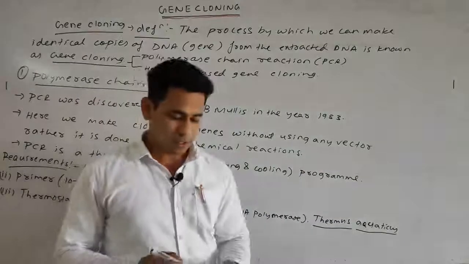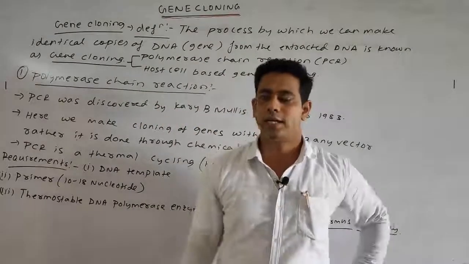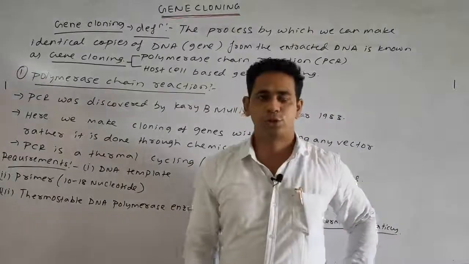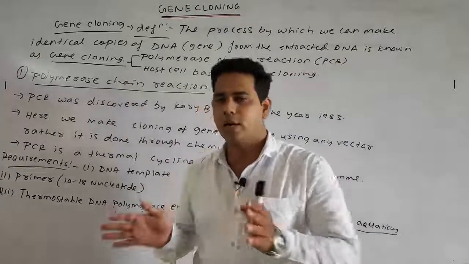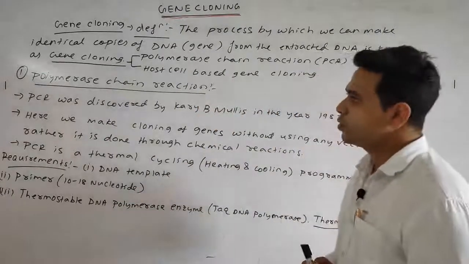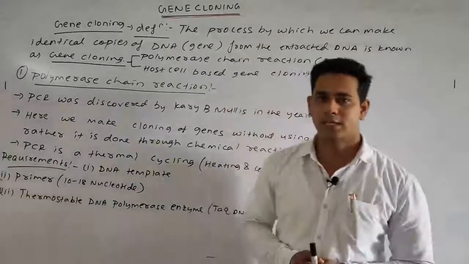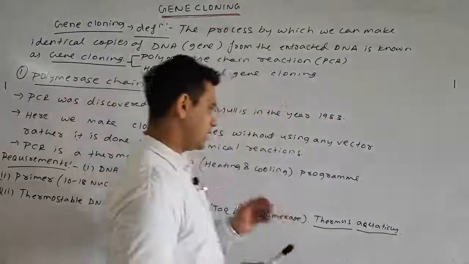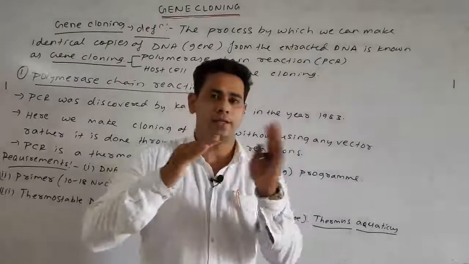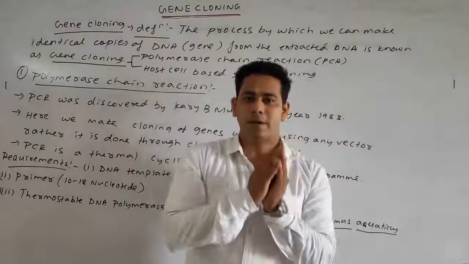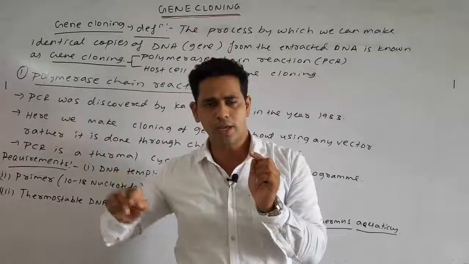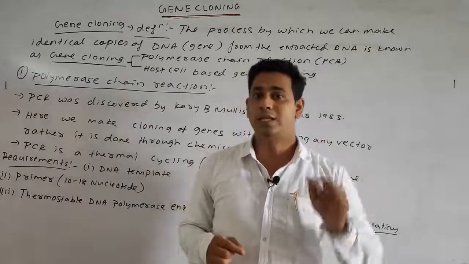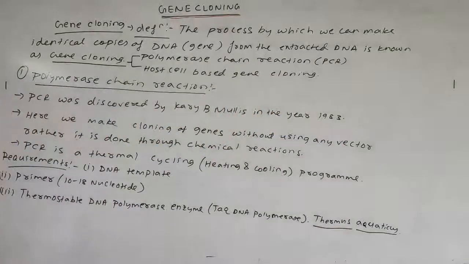Now, what are the various steps involved in PCR? First is denaturation, in which the double stranded DNA will break down into single stranded DNA. Next is primer annealing, in which the primer will be added, by which the nucleotide sequences will be formed slowly, in the initiation of the double stranded DNA, and it is always attached to the 3' end. We will discuss that in detail.